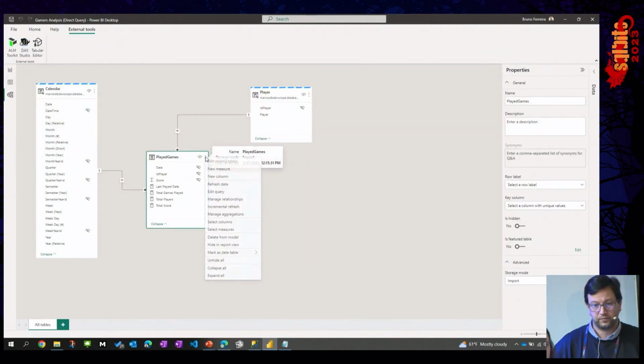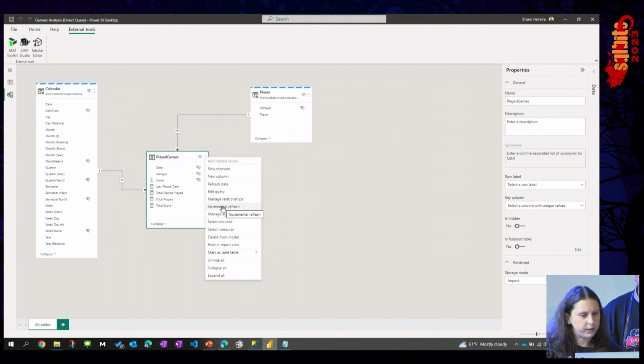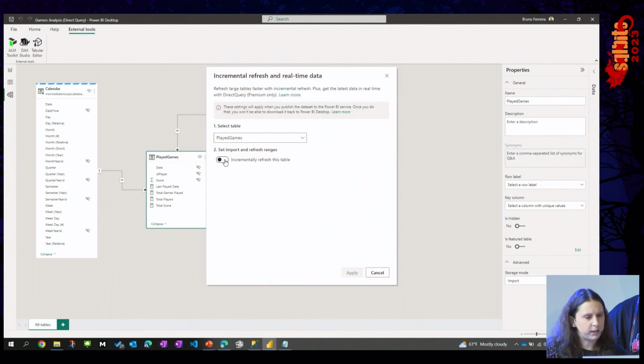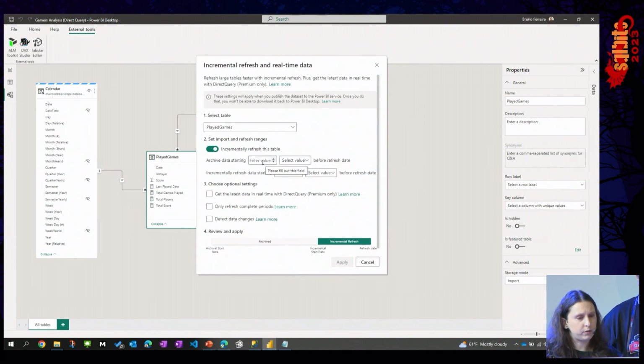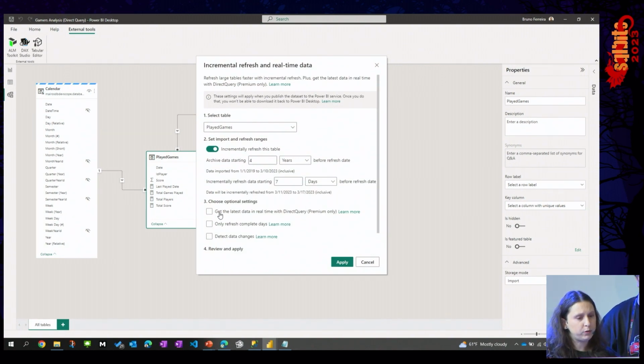So to implement the incremental refresh is very easy. You have here a button to select the incremental refresh. Now you set this up. I will choose starting 4 years ago. So I will choose 4 and the aggregation years. I will put my incremental refresh for 7 days. So I will just select, and then I will choose this option, get the latest data in real time with